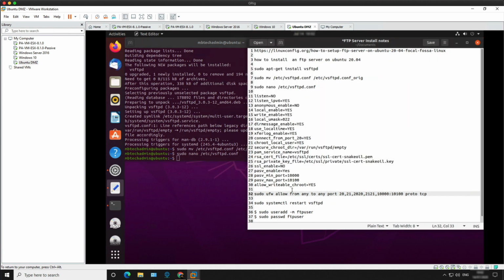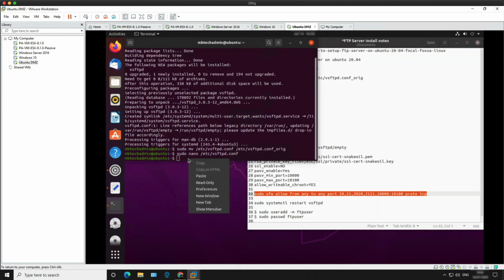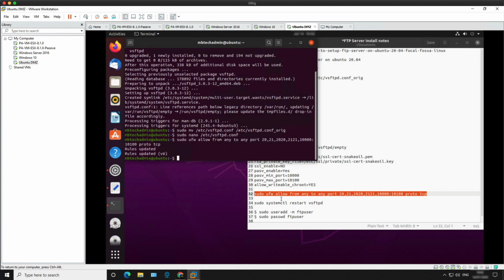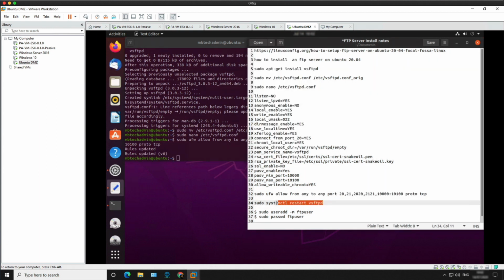And then we need to allow the ports through the Ubuntu firewall. I've also added in 2020 and 2121 for the next part of the lab, so I'm just going to copy that and pop them in. Hit return, and then we're going to restart the FTP server,